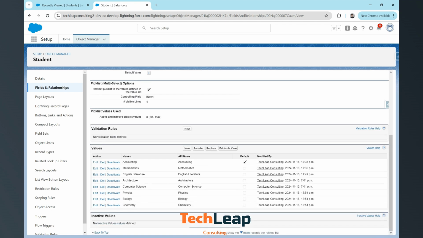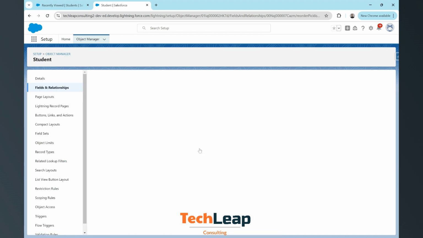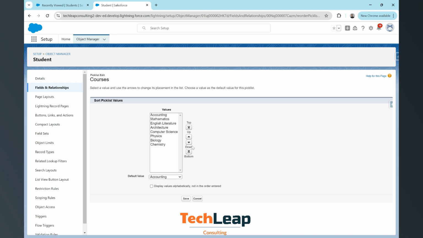As you scroll down, you can see that the new values have been added. Now, should you wish to reorder this, maybe I want chemistry and physics to show up at the very top, I can simply do that by clicking the reorder button here. And I can either choose to order them all alphabetically by clicking this checkbox, or I can say click on